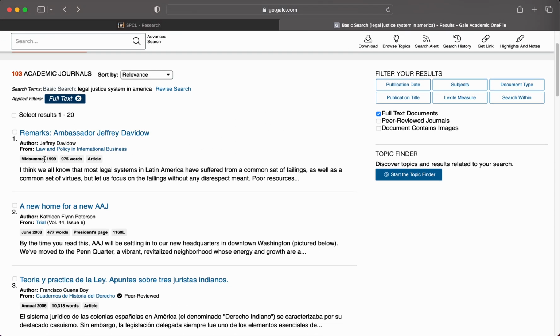Now, right off the bat, you want to pay attention to what the first results will be telling you. So there's obviously a title, and that will link to the actual article. It will tell you what journal it is from. It will tell you the date, and this is really key because this is searching a wide variety of academic